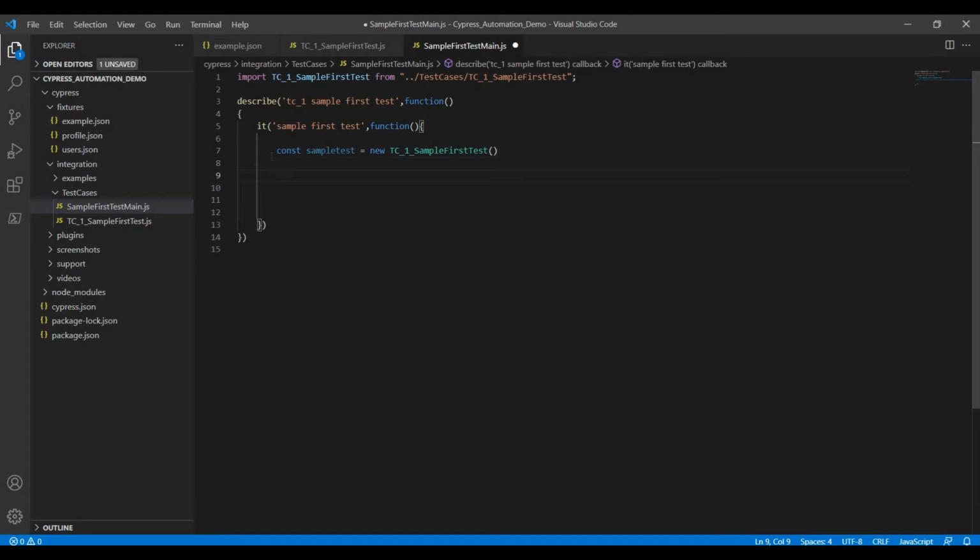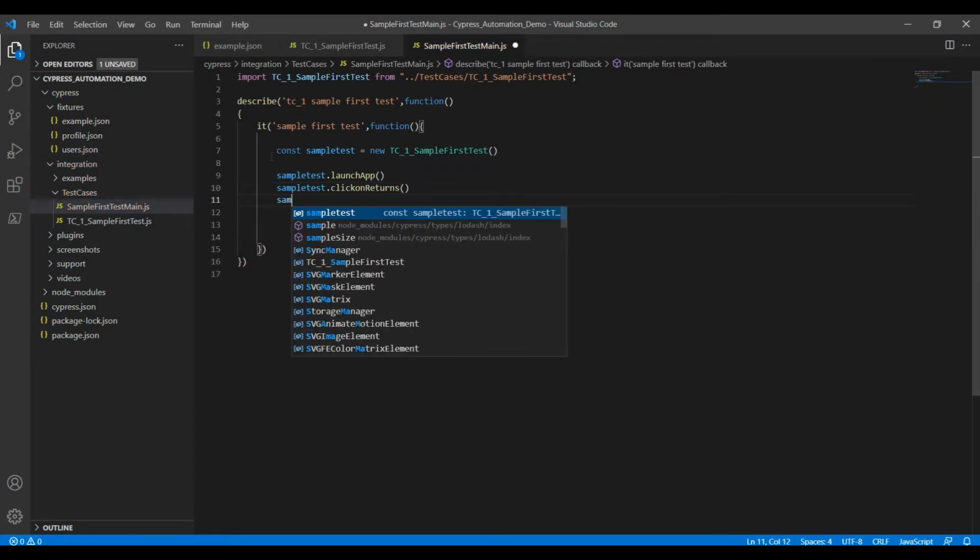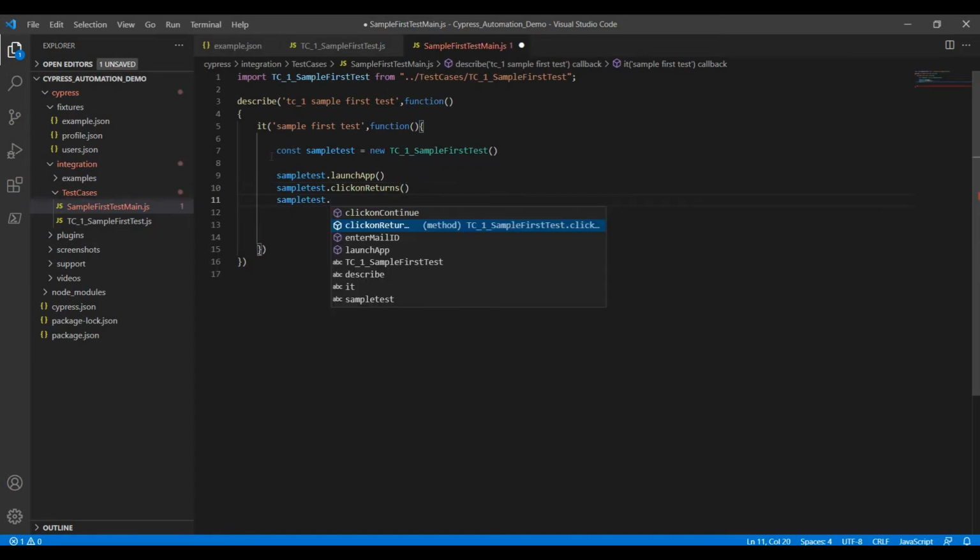Next, sample first dot. Here you can call all the methods: launch app. Next, sample test dot, what is the other method? Click on returns. Next, sample test dot, enter mail ID.